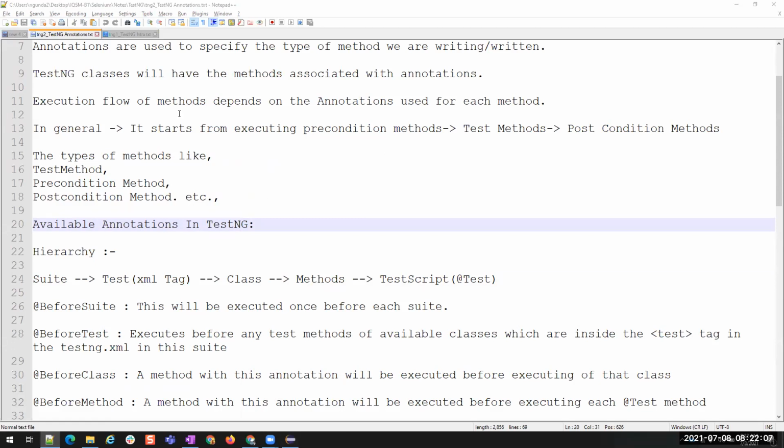Now you have seen the testng XML file. You understood the hierarchy. There is a suite, and inside the suite we have test, and then inside this test you have classes, and then inside the class we have methods. If you want to do something before starting the suite, then you have an annotation called @BeforeSuite.